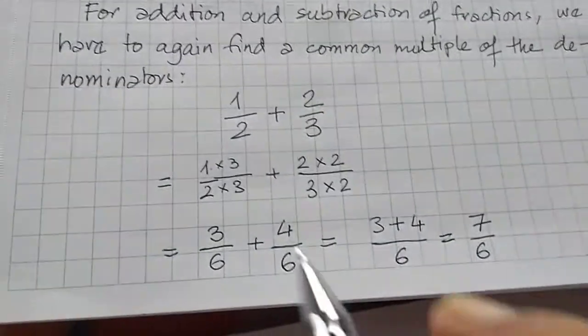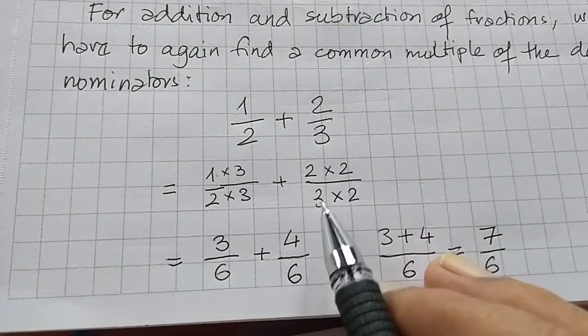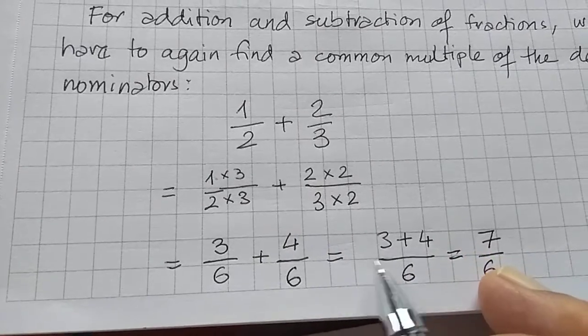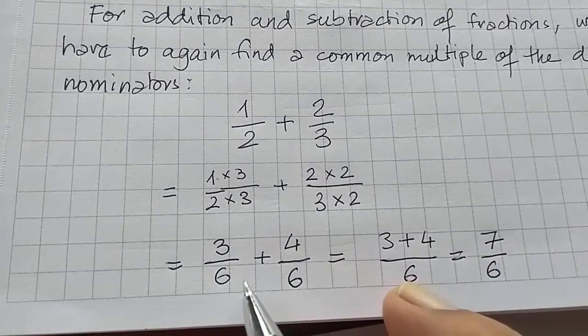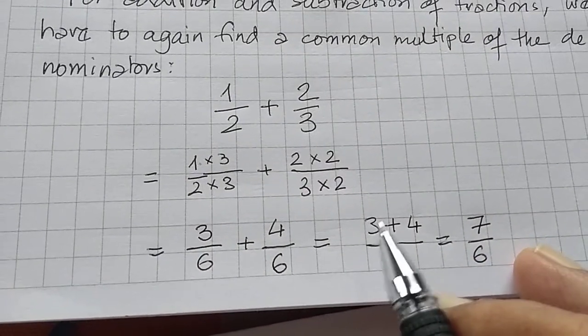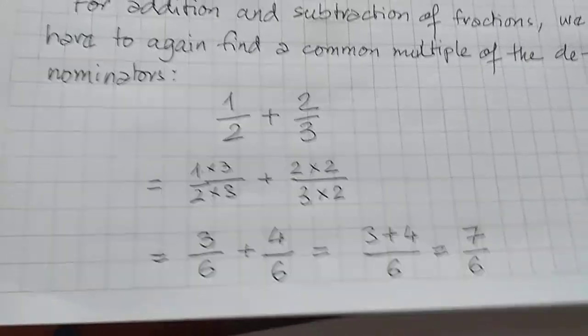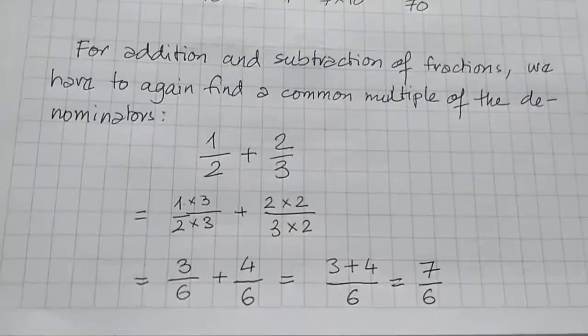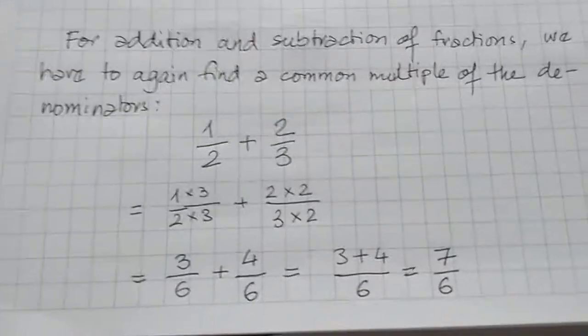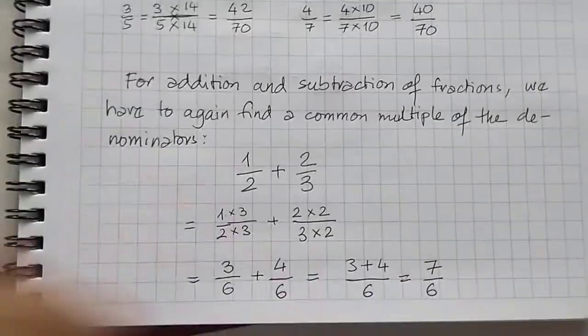So when I do that, it will be 3 over 6 plus 4 over 6. Then I can rewrite this like this because the denominator is common, 6. So I can write 3 plus 4 over 6 is equal to 7 over 6. I assume you know all this, it's just revision. Basically this is something you should have learnt when you learnt your fractions. I'm not sure when you learnt it, maybe 2 or 3 years ago.